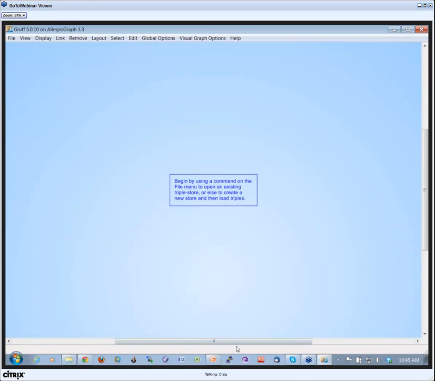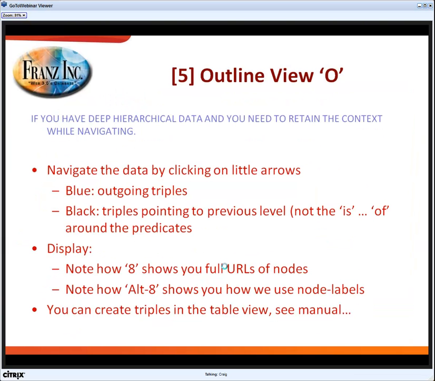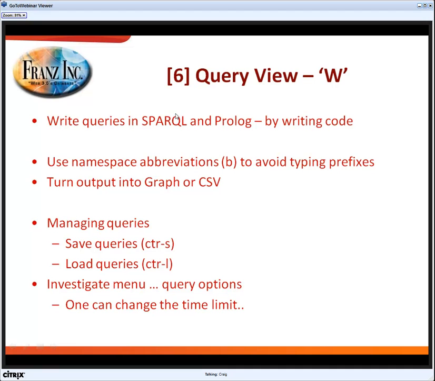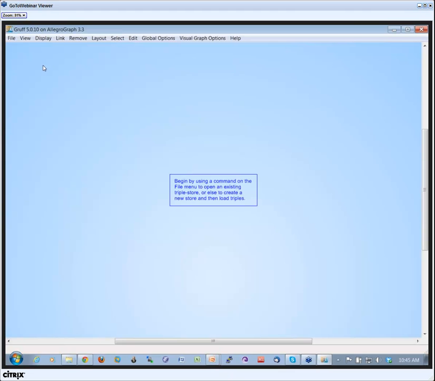Okay, that was the outline view. Let me just continue. So we did the outline view. Then we have the query view. Yeah, so this is, let me go back here to the database. And for this, we are going to use